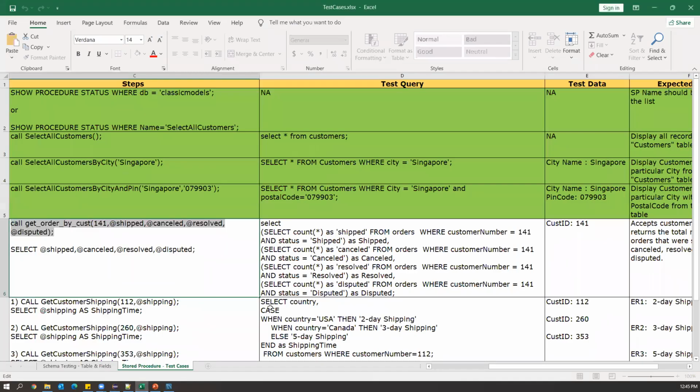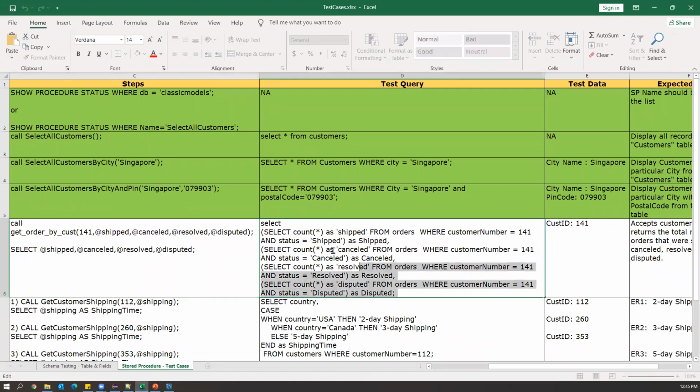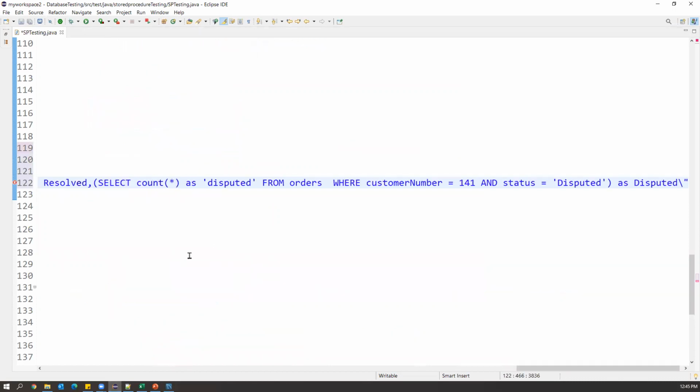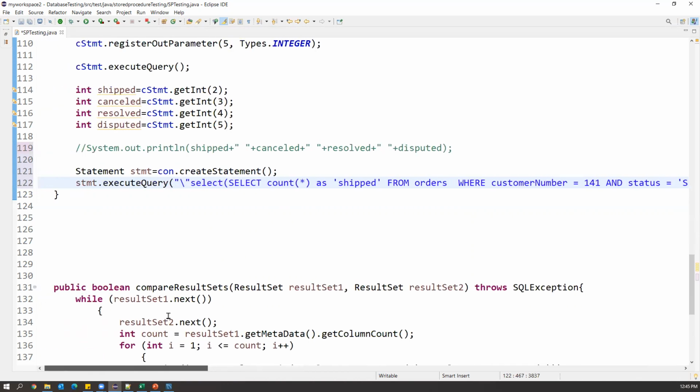So let me go back here, and this is our test query. We need to carefully copy the entire test query and keep it in double quotations. Now in the double quotation, I'm just pasting the whole query here. So this is my test query, then a semicolon. The whole test query I put inside this execute method.